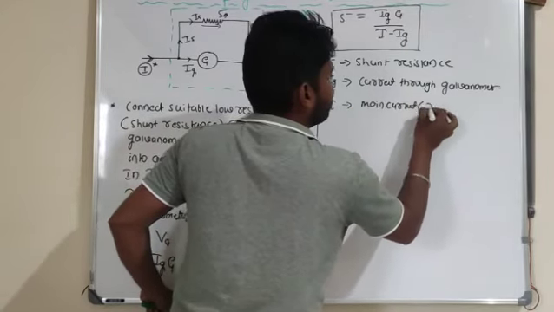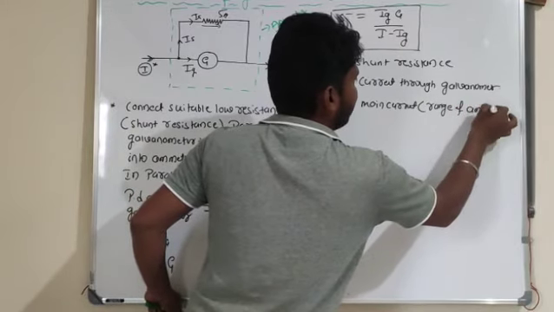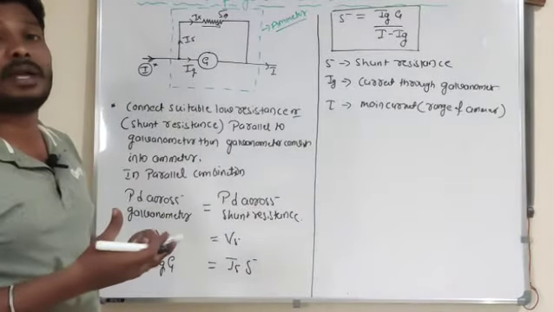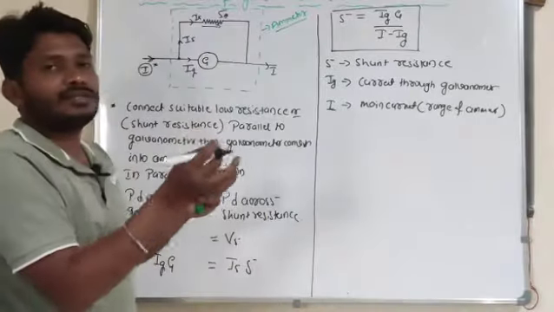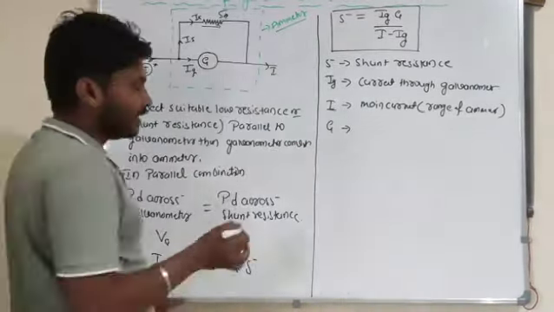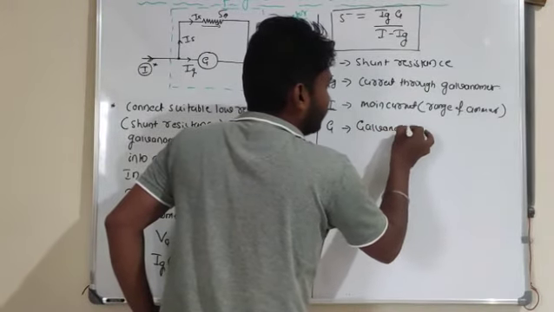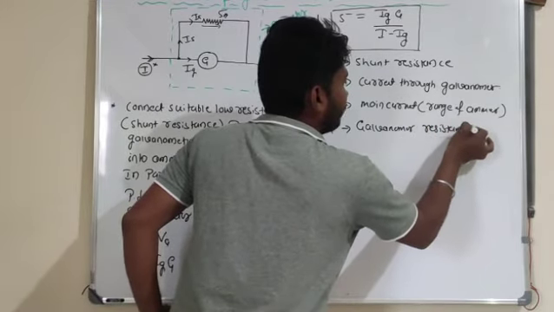So I we can consider that range of ammeter. For example, an ammeter having a 5 milliamp range, or a 500 milliamp range. So here I represents the main current or range of the ammeter, where capital G we can consider as the galvanometer resistance. Hope you get this formula.